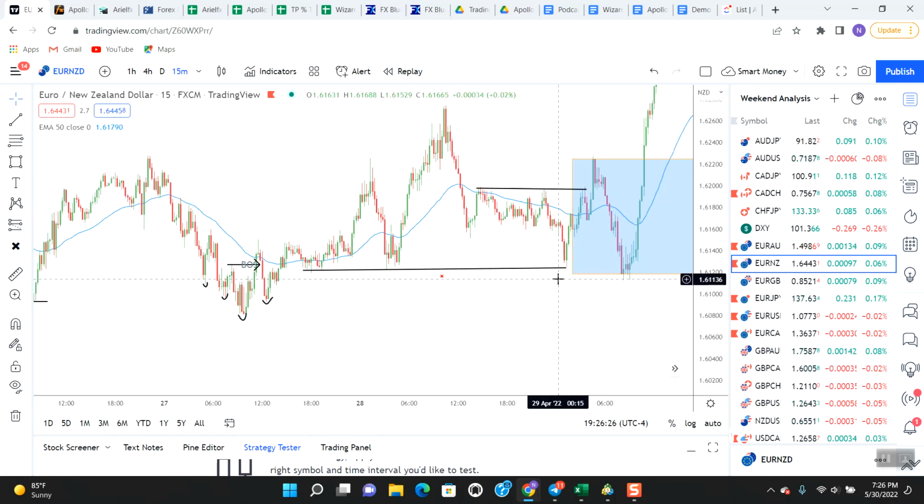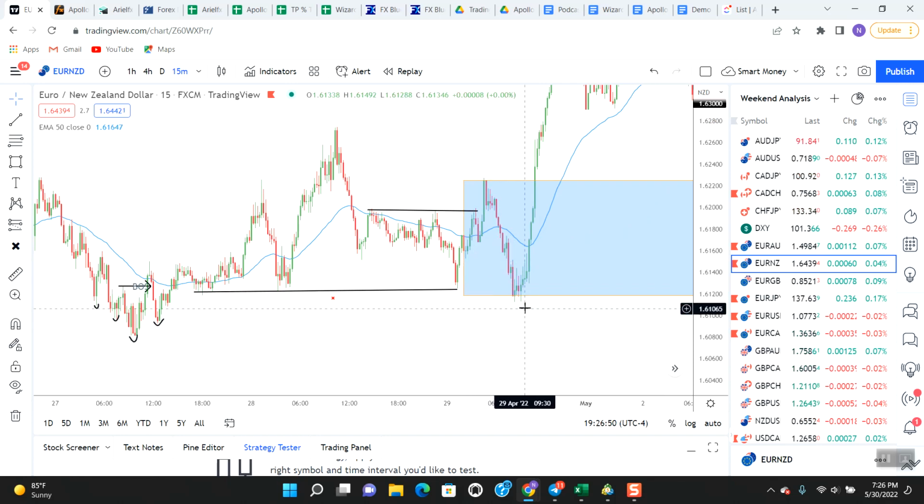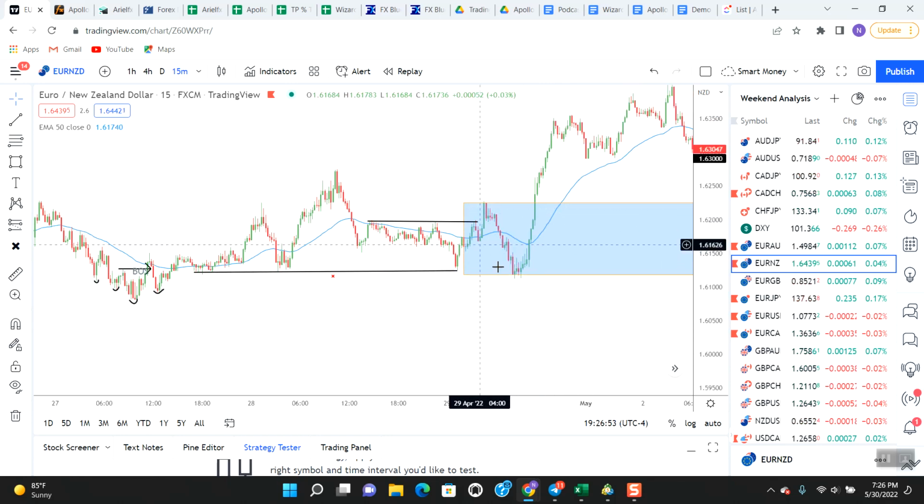So now we have come down and tested the accumulation zone. So I would have bought it here anyways. Besides, even if this never occurred, even if you had no idea what was going on in the Asian session, these equal lows, equal highs, whatever, the buy to sell to buy, it doesn't matter. I would have placed my order here anyways. But even if you do have the understanding of this, which I'm going over now, you would know that one, you could be buying here, but two, you really should be looking for this level to be met after the higher high is made. So understanding the liquidity run, the buy to sell to buy,